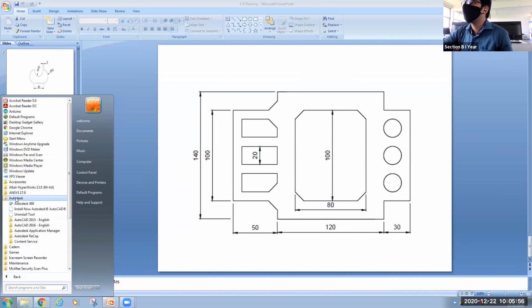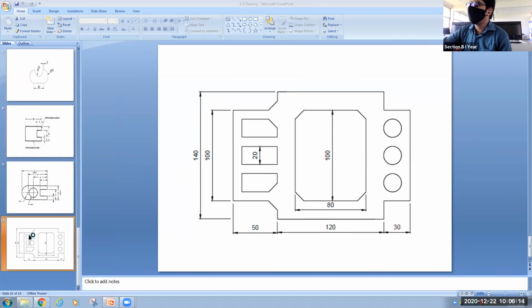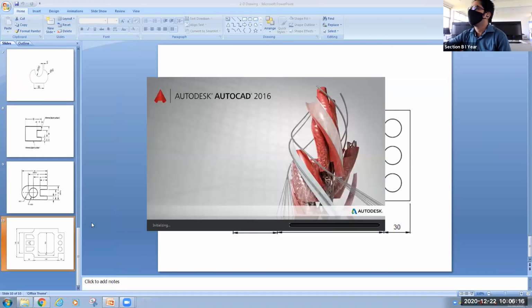In all programs, you will see Autodesk. In Autodesk, you can see here AutoCAD 2016. Here in this system, maybe two different versions of AutoCAD are installed. So here, 2015 and 16 both are visible. But I will click on this 16 and then on this icon. Now our AutoCAD will start.